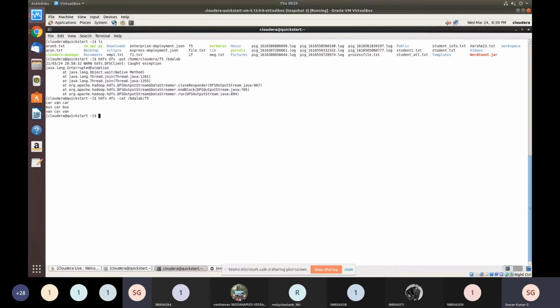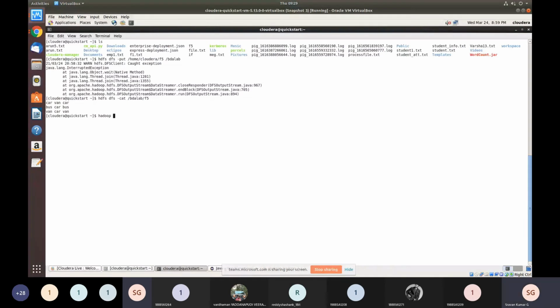Now I want to submit this particular input file to the Hadoop environment. So what is the command here? For processing. What is the processing task here? Word count. How many times words are repeated, the frequency of the words. That is my process. So to process this input file, I'm just submitting this particular job to the Hadoop environment. So the Hadoop command is hadoop jar.